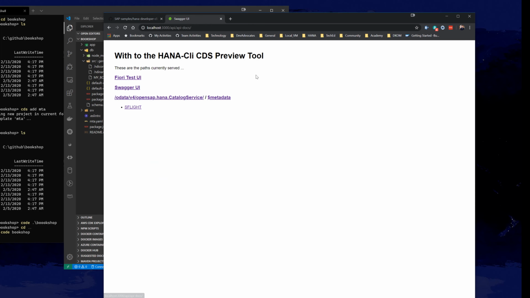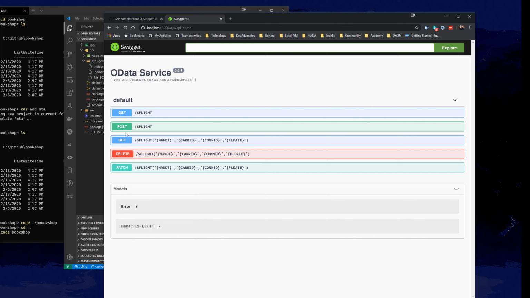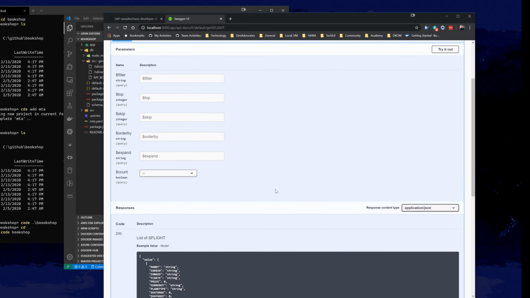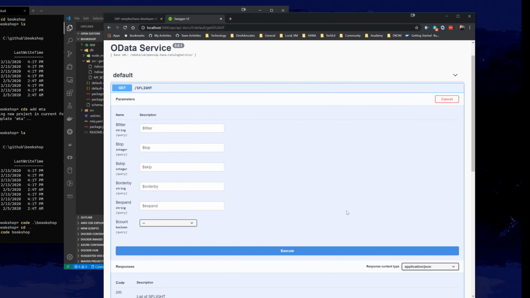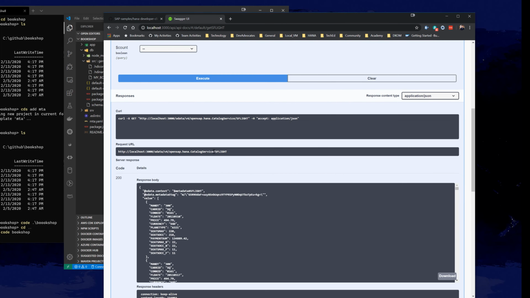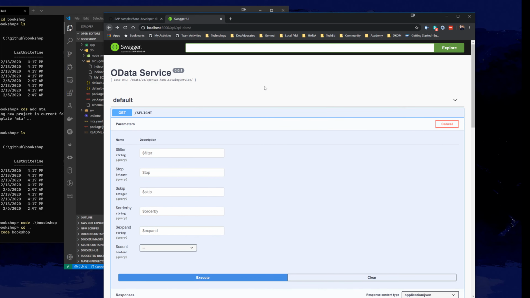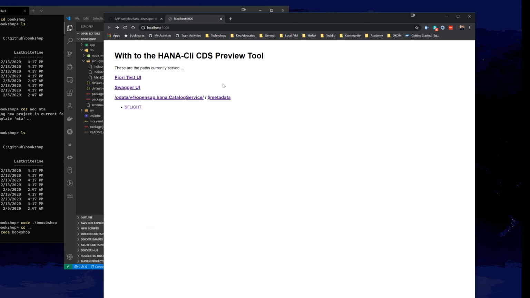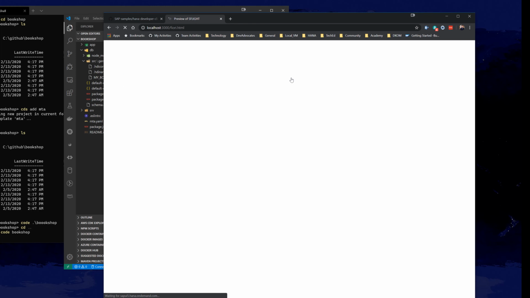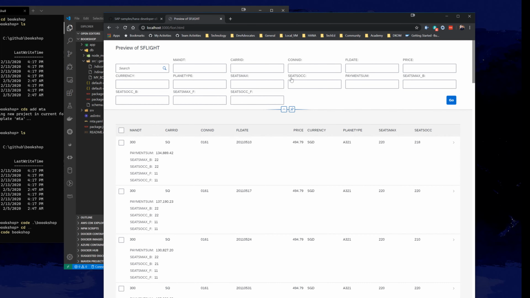I've got a little Swagger UI in here, dynamically generated as well. This is useful if you want to test, like, post or patch, delete operations. You can test the OData service here. It's got a nice little interactive UI, so you see the same test results. And just like regular CDS preview, we also have a little Fiori test UI that gets generated. We'll see that here in a second once it comes up. There we are,